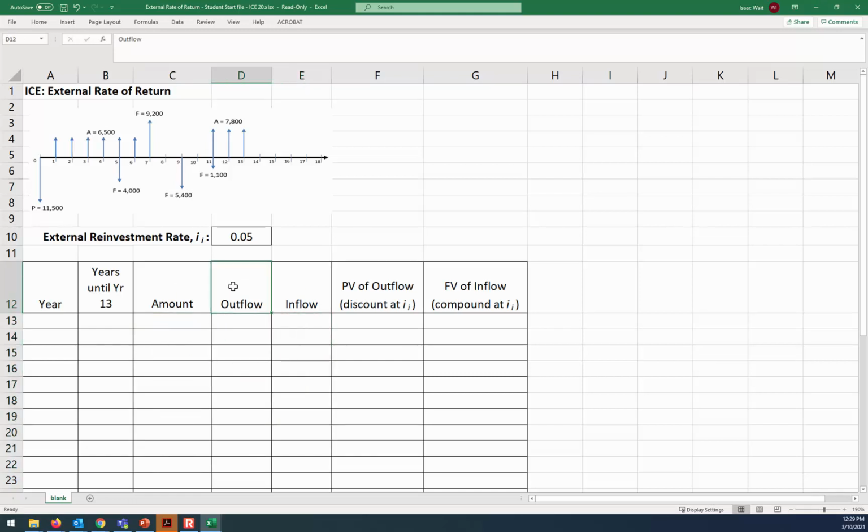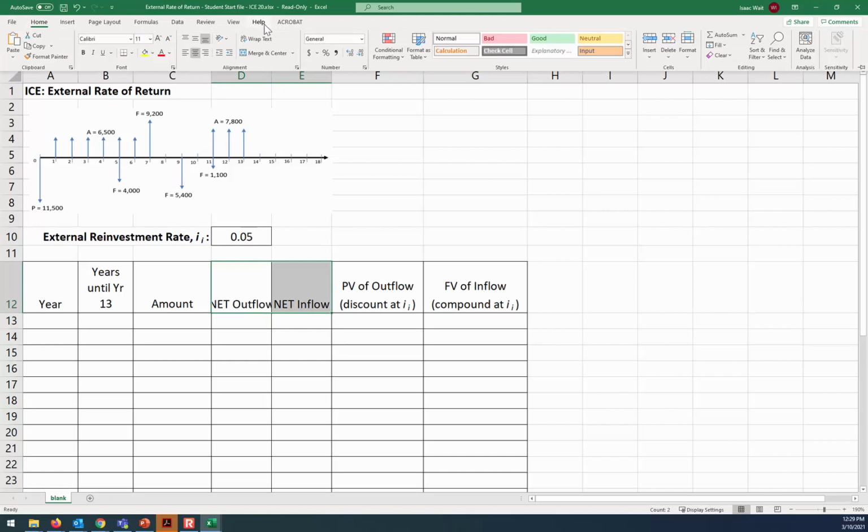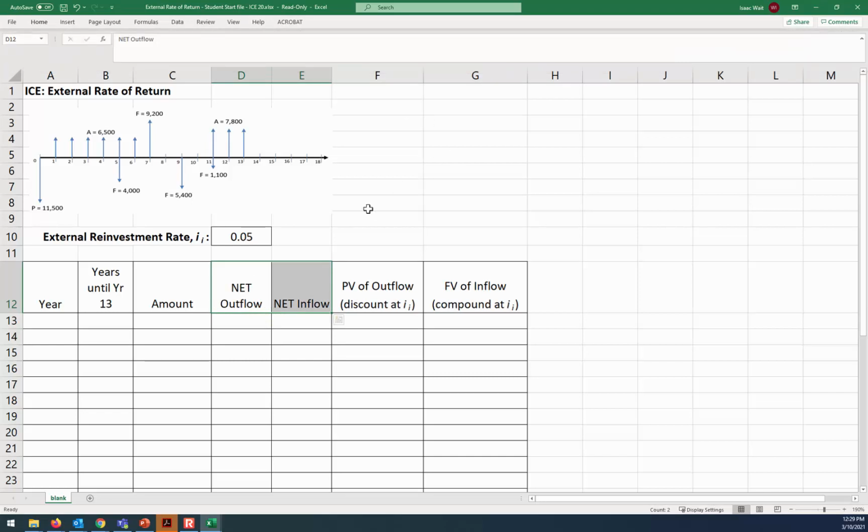And I guess I ought to make this distinction. It's the net outflow and the net inflow. Because remember, when there's an amount in both years, then you need to make sure that you've just got the net. So year 5 and year 11, you find the net, whether it's a net inflow or a net outflow. So fill in these columns and then find the PV of the outflows.